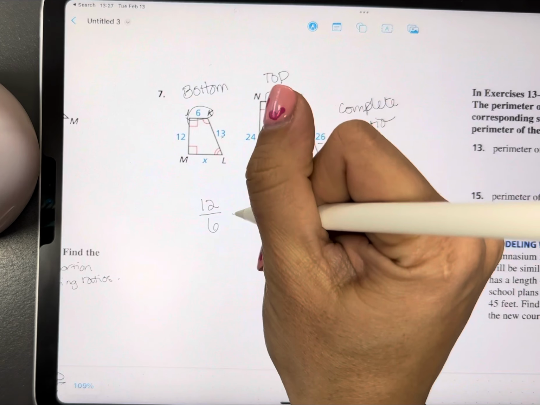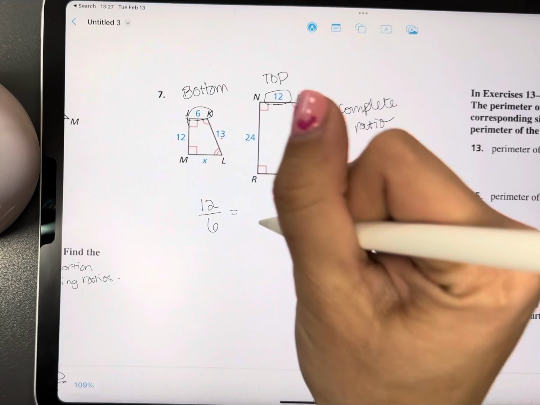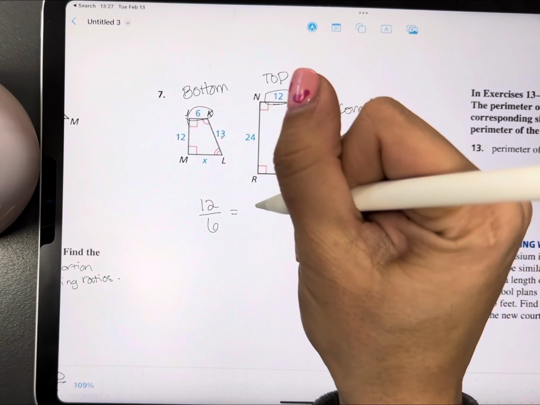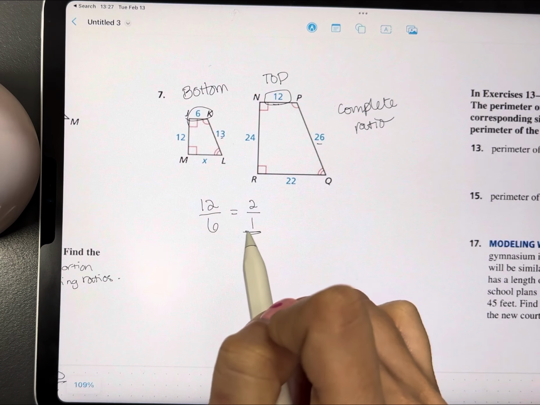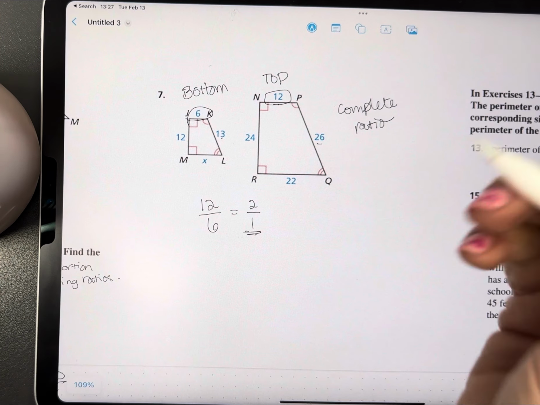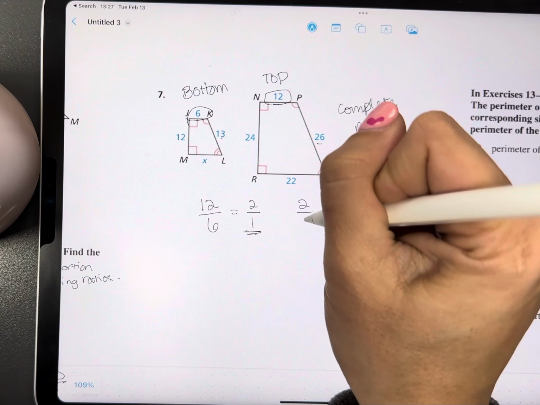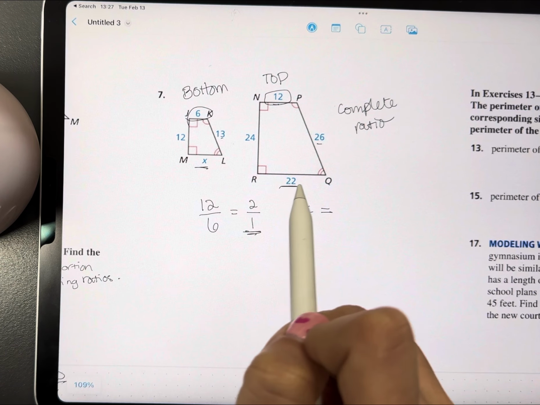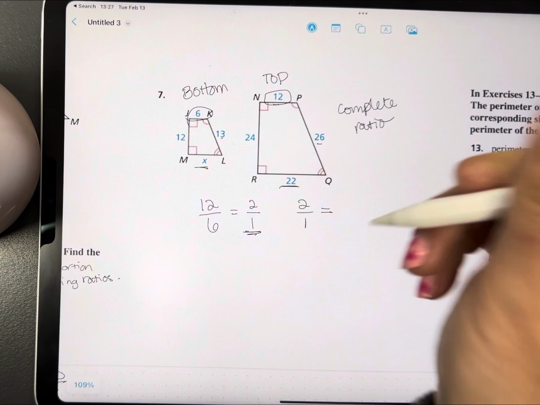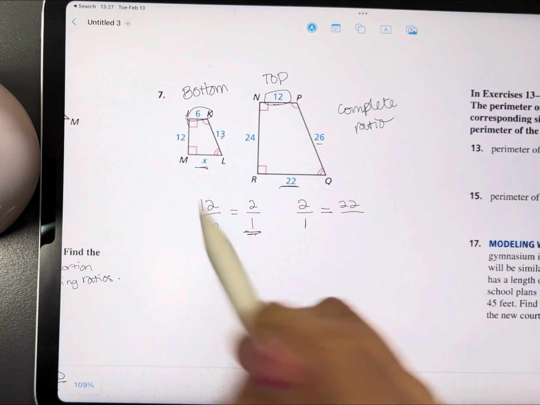This time, let's reduce it, just so you guys get the practice there too. I can divide top and bottom by 6 and get 2 over 1. Okay, so here's my scale factor, my complete ratio. I can set that equal to the part that's got my variable that I need. Again, top, 22, over bottom x,